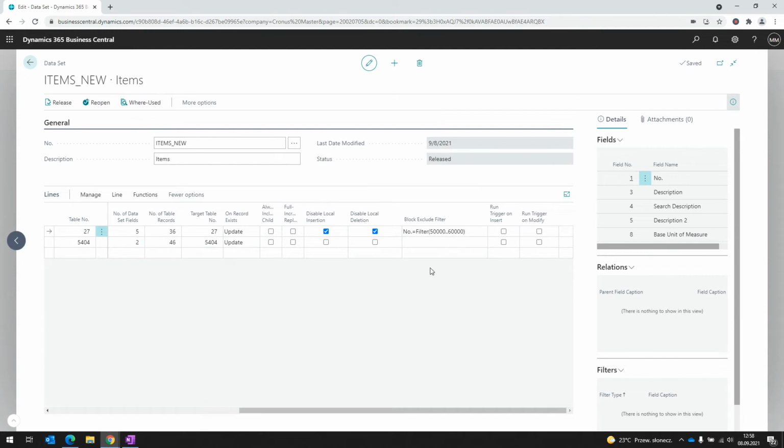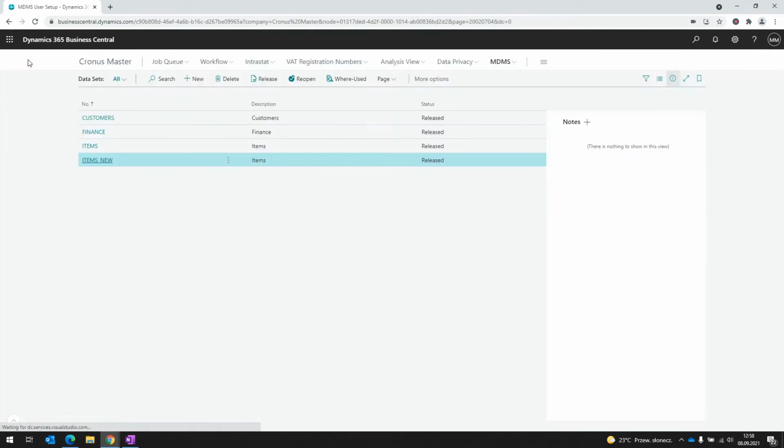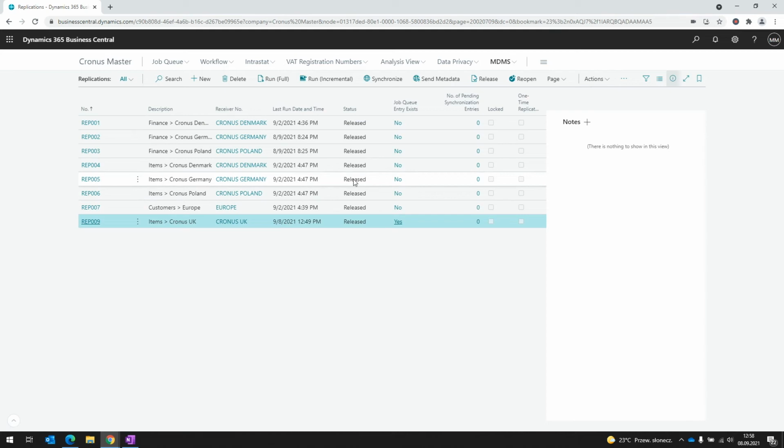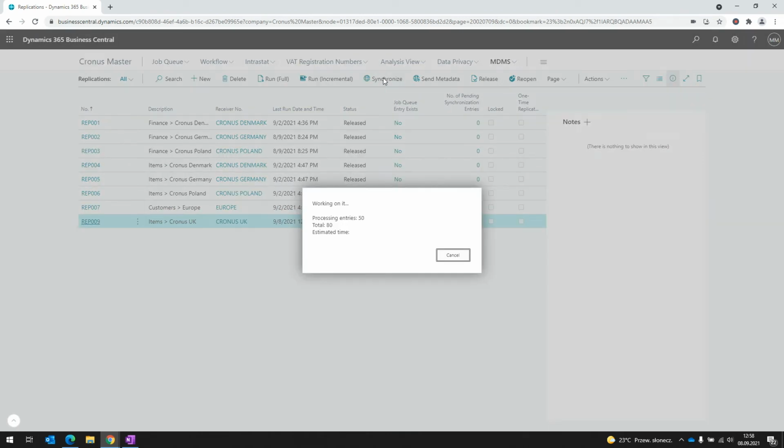So when I have that set up, then I have to send this information to the receiver company. So always when you run, when you synchronize, but before that we have to run, for instance, an incremental run, it doesn't matter. So you have some entries to process, and then you synchronize. So after synchronize, when